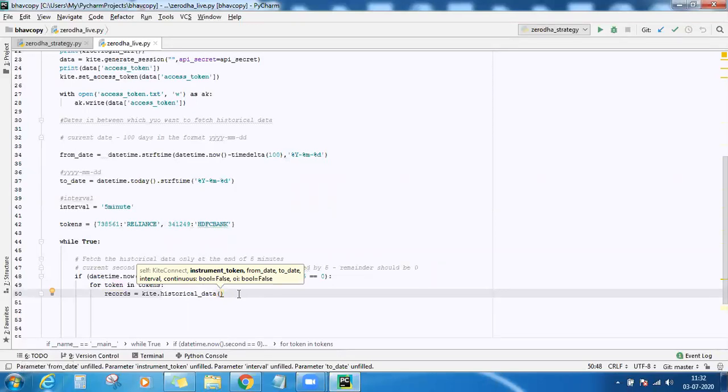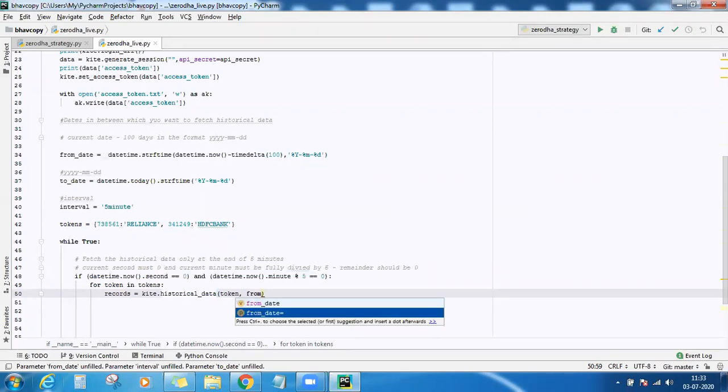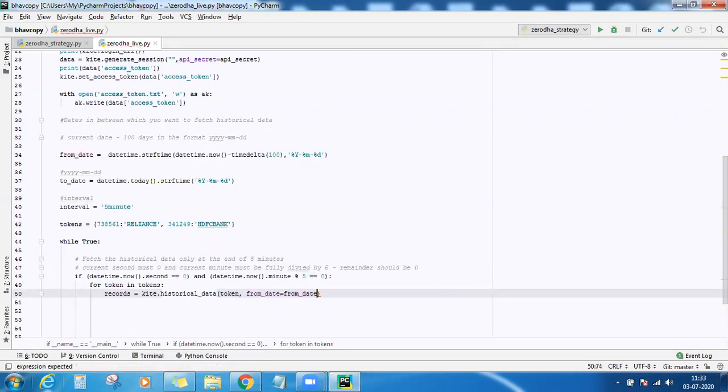So to give the instrument token, just supply the token here, and then the from date, we already have it, and to date, we already have that, and give the interval.